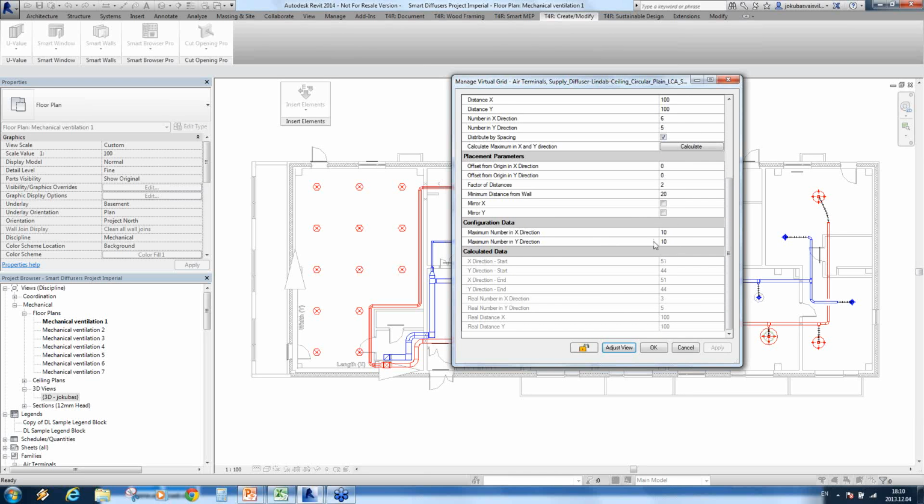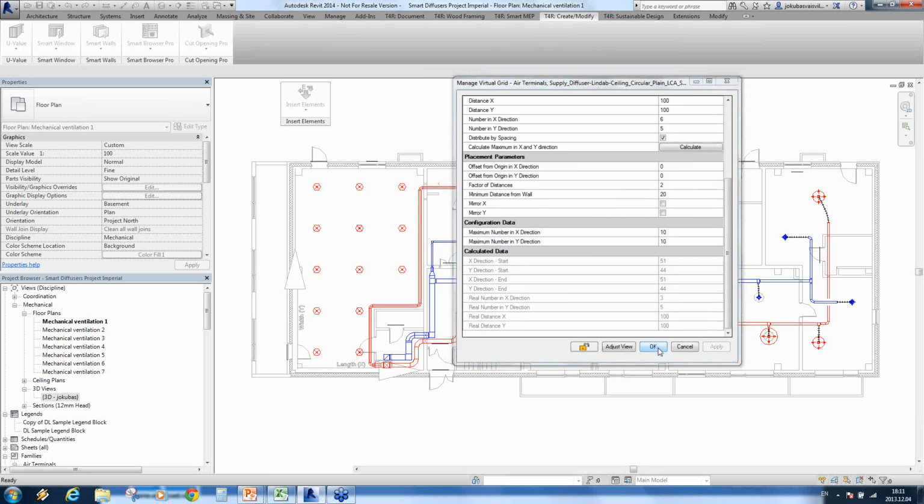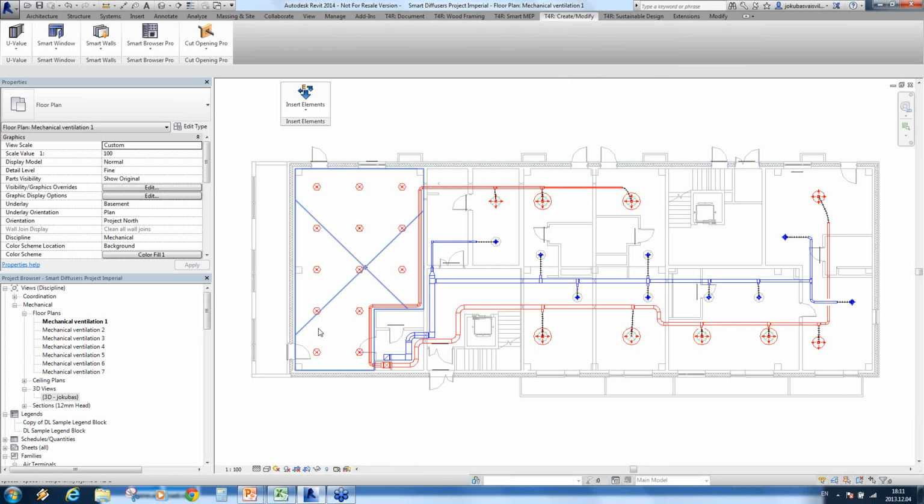For example, I have here 10 in X and 10 in Y directions. The tool automatically calculates the necessary information where the first element, in our case air diffuser, is placed on X direction, and it is 51. On Y direction it's like this. Also, it calculates the real number of our elements in defined space. And we distributed our elements in a space,